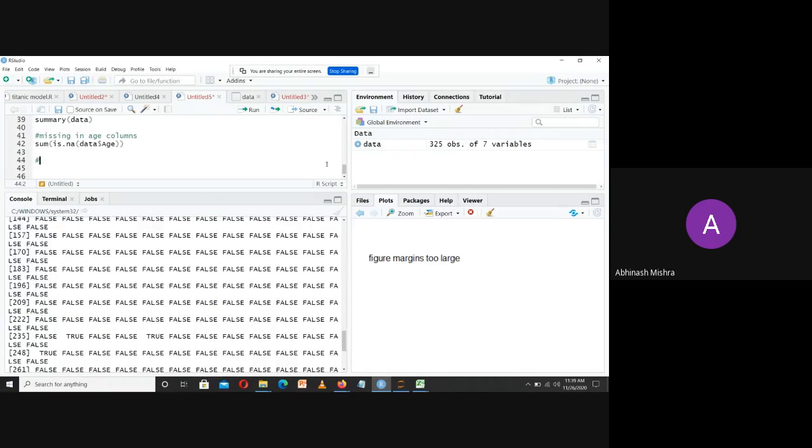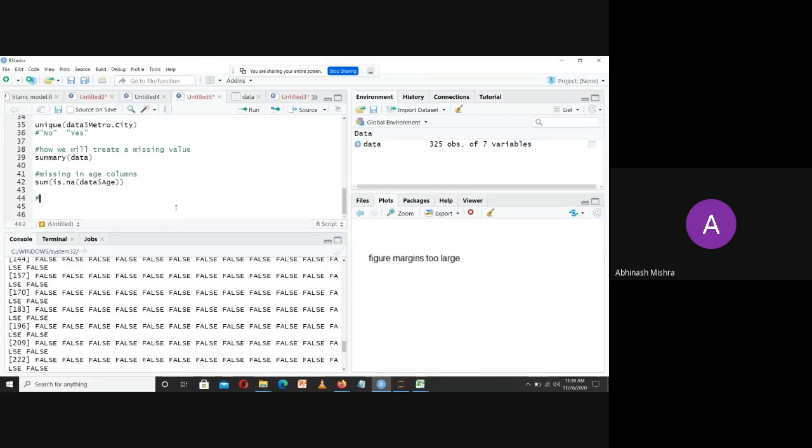So I'll come up here. Let me drag this down. So how will I fill the missing values? This is the first criterion. For missing values, you have to first look at the data distribution.